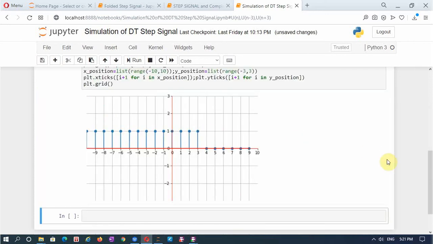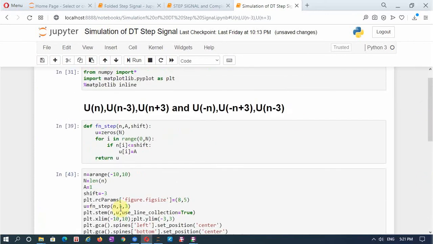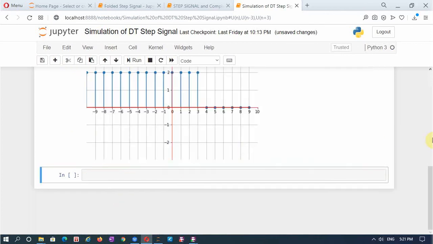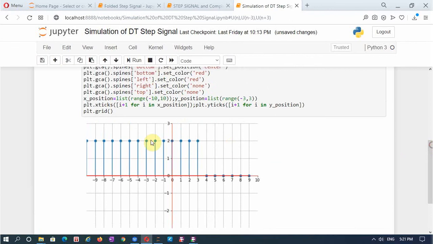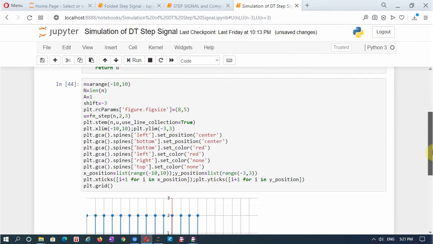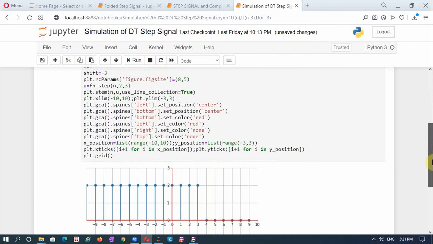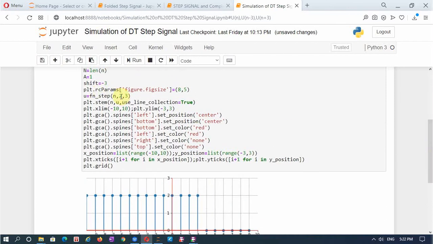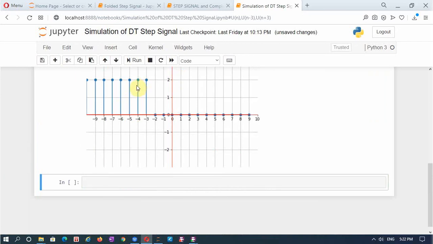Okay. So even for the folded signal, you can change the magnitude to any value. Okay. So now let's see, it is 2u of minus n plus 3. 2u of minus n plus 3, it is shifted to the right. 2u of minus n minus 3 will shift it to the left. 2u of minus n minus 3.